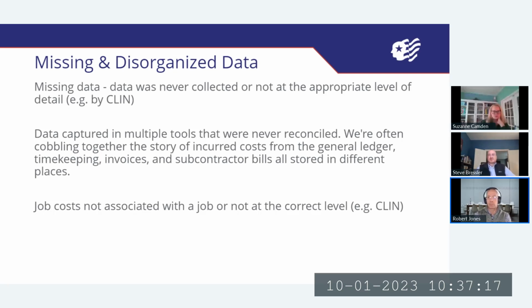We do have a number of those hybrid CLINs, and that is something that DCAA has picked up. So you have to remember that when you submit your invoices through wide area workflow or through another portal to whichever agency that you're working with, right, that agency now has that invoice information. And so that's something that has popped up. A couple of things have popped up around that. Either that the client was invoicing incorrectly and was later determined that they were collecting the information incorrectly and invoicing incorrectly.